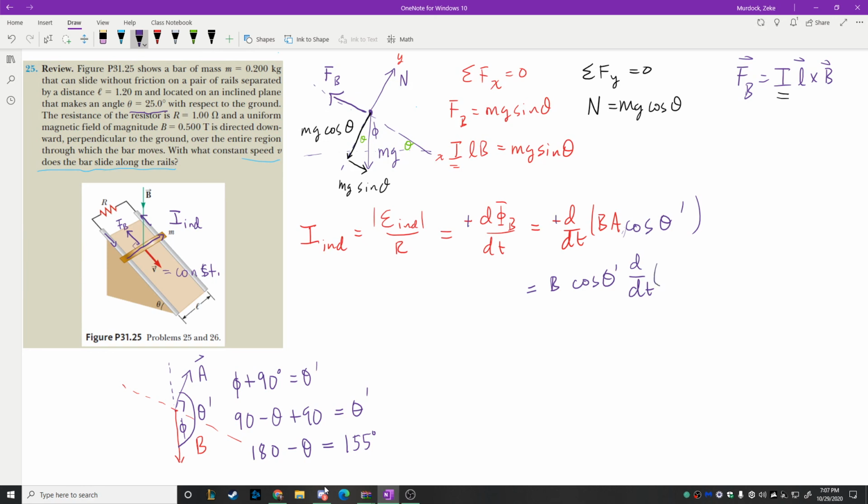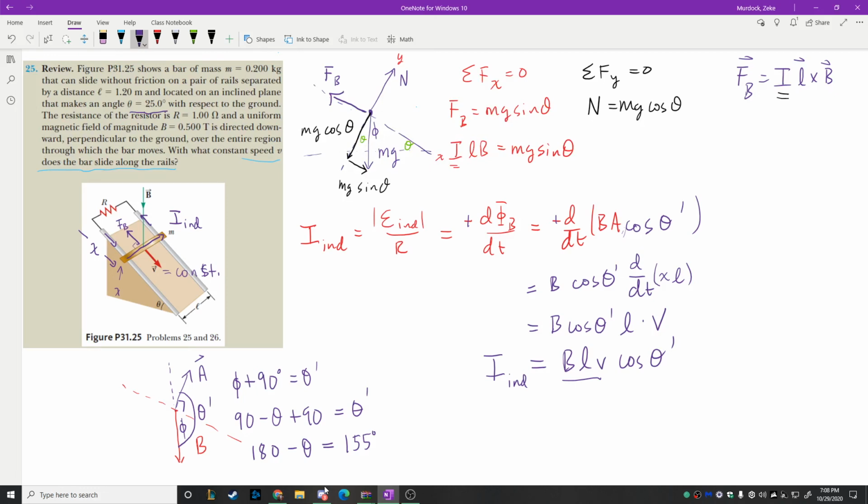d/dt of the area. But the area of our loop, if we define the x direction to be this way as we did, then the x coordinate of the loop at a moment in time we can just call x, and then our area would be this side x times this side, which we can see down here is L. So you get x times L, but then the L comes out, and what you end up getting is B times the cosine of theta prime times L, and then dx/dt, which is going to be the velocity. So you get BLV times the cosine of theta prime. In the problems we did yesterday, you just got BLV because the magnetic field was pointing perpendicular to the loop. Okay, so there's our induced EMF,